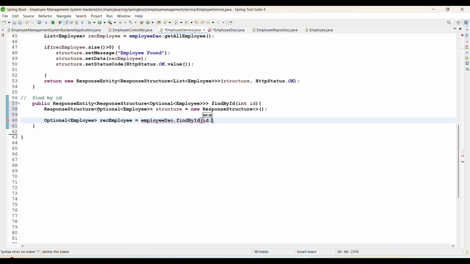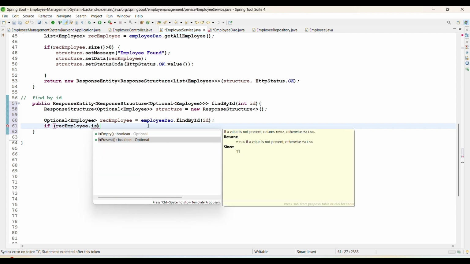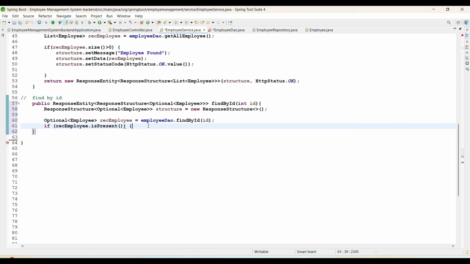I'm storing the ID of that receive employee. And now what we need to do, just check the condition. If receive employee dot is present, when it's present, then only you have to